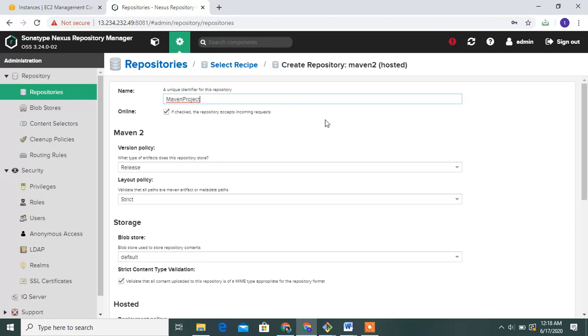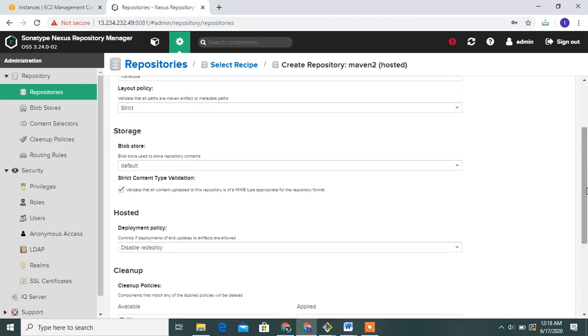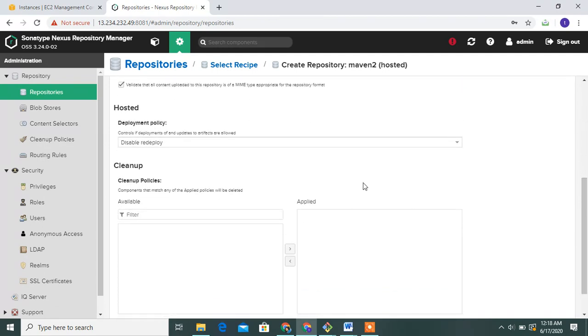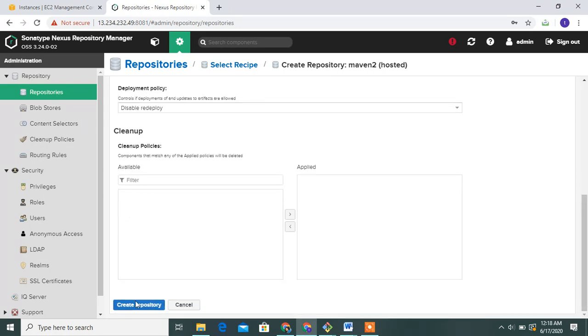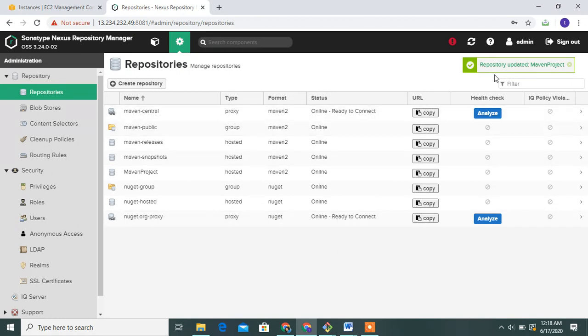Make sure it is online and tick it. The version policy is release. Storage is the default storage, with cleanup and filter. Then click create repository. Yes guys, the repository is created for the Maven project. Successfully created the Maven repository, guys.